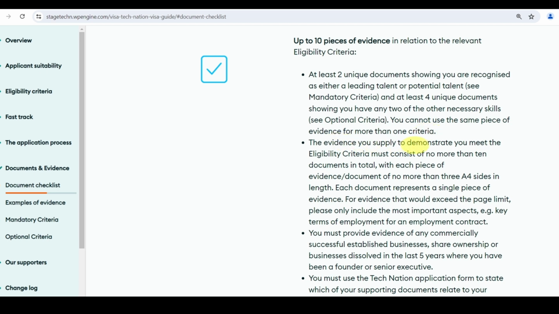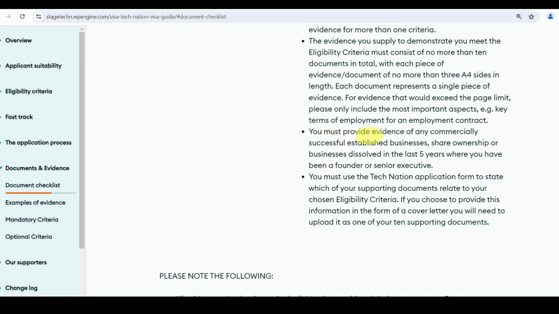The evidence you supply to demonstrate you meet the eligibility criteria must consist of no more than 10 documents in total. You must provide evidence of any commercially successful established business, shares, ownership, etc. in the last 5 years. You must use the Tech Nation application form to state which of your supporting documents relate to your chosen eligibility criteria.